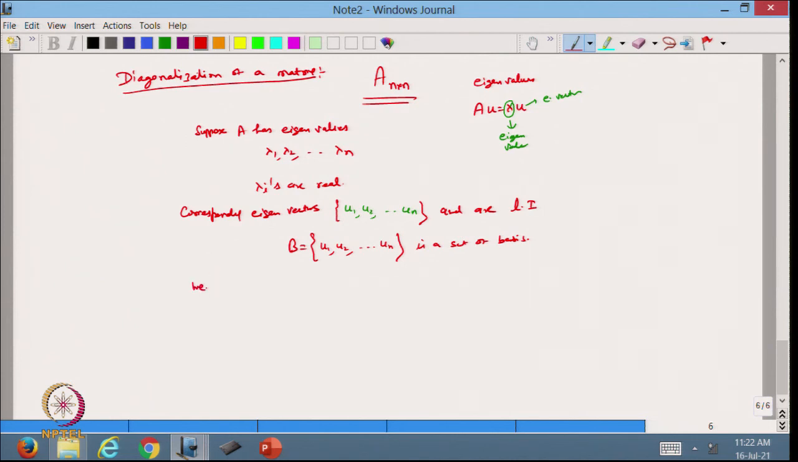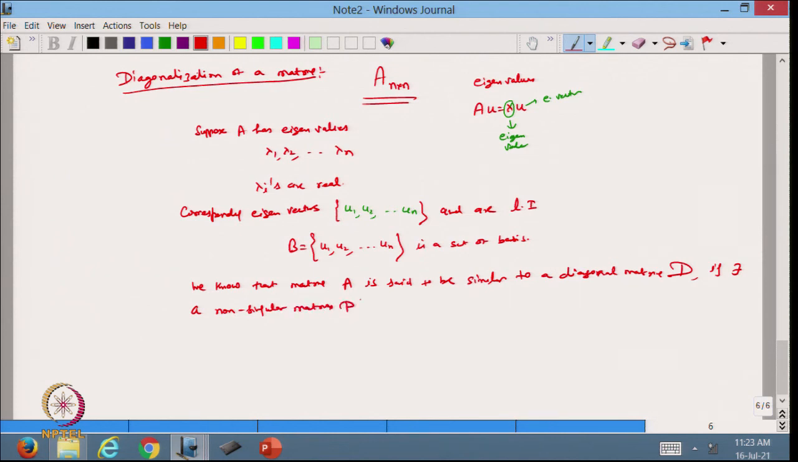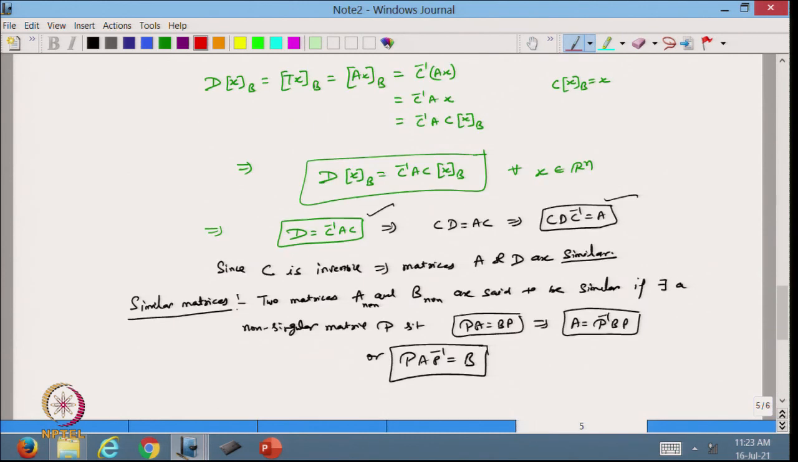So, we know that the matrix A is said to be similar to a diagonal matrix, we call it D, if there exists a non-singular matrix P such that, now from here you can write down, because by the definition we have written this one,